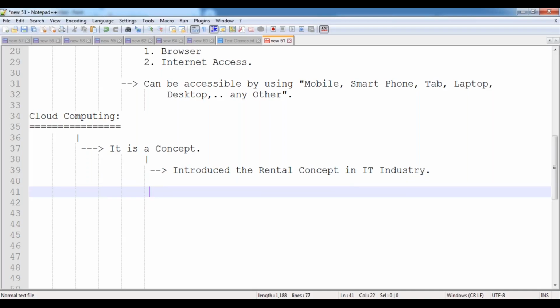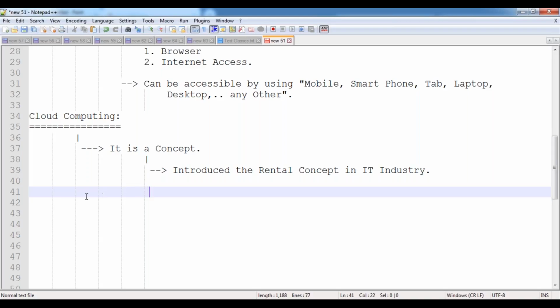We no need to buy the complete license, investing a huge amount. If you want that software, take it on rental basis. Every month you can pay the rental amount and continue to access that software. That's it, simple. No need to make a huge investment. Software licenses are very, very expensive, in terms of millions of dollars they're investing to buy that software. But a small company, a startup company, a mid-sized company, aren't able to invest that much. Big companies can invest, but small companies can't. That's why they have introduced this cloud computing concept, that is, the rental concept.